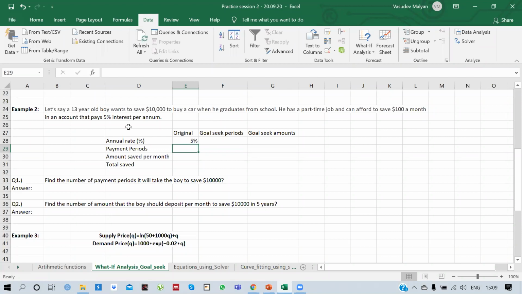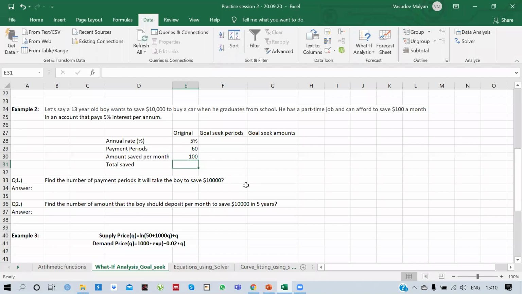The number of years between 18 and 13 is 5, and he is saving $100 per month, so the number of payment periods will be 12 multiplied by 5, which is 60. And the amount he's saving per month is $100.